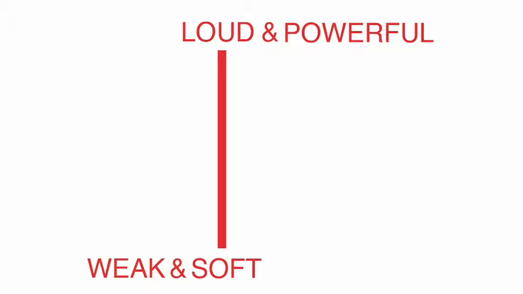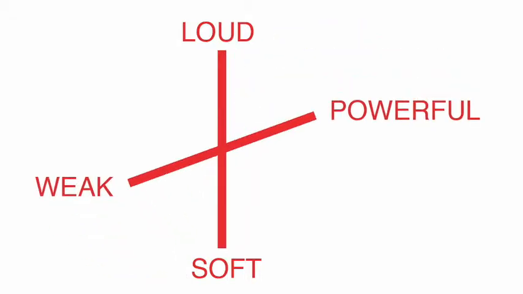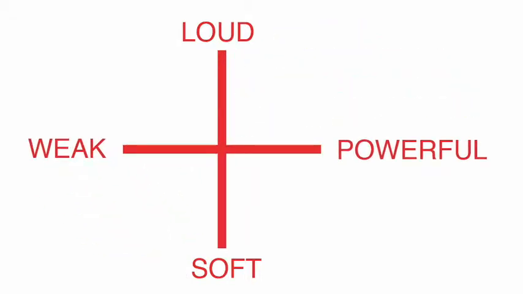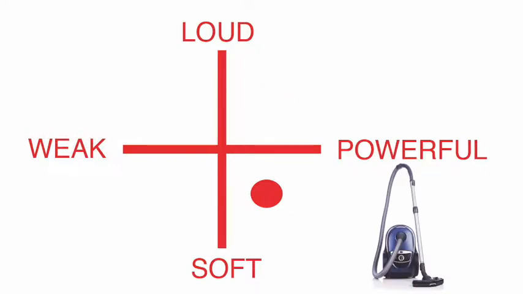And so now let's do the specific crossing technique I call unassuming. This is when you split those pairs apart. Now we see that the pairing of loud and powerful is one option, and the pairing of weak and soft is another. But there can also be the possibility of a vacuum that is loud and weak, and also one that is soft and powerful. The wife encourages her husband to explore this last option. And so he searches for a vacuum that is soft and powerful, he finds one, and domestic harmony is restored.